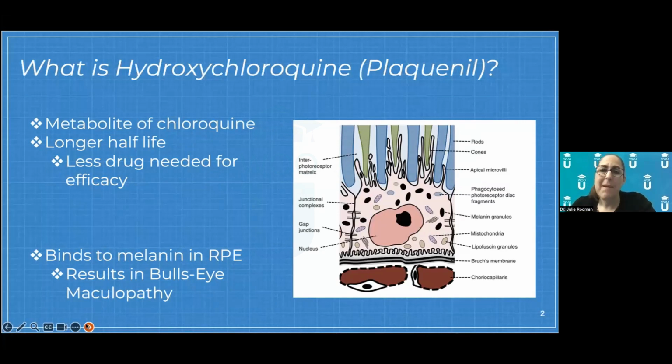If you look at the anatomy of the retina, you ask yourself, why do we get a bullseye maculopathy with Plaquenil toxicity? And the reason is that Plaquenil likes the RPE. So when it enters into our system, it actually binds to the RPE and pulls on it, like it eats it apart. It likes the taste of it. So when you look at a bullseye maculopathy and you see the deep pigmented area parafoveally, that's where the Plaquenil binds. It has an affinity for that parafoveal RPE area.